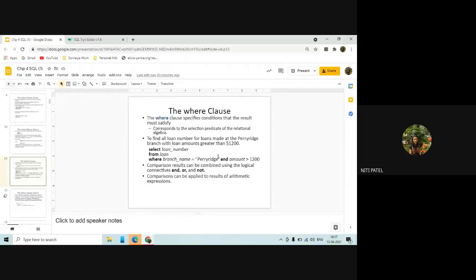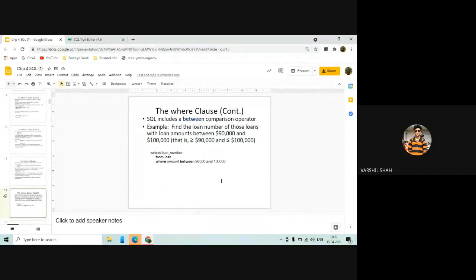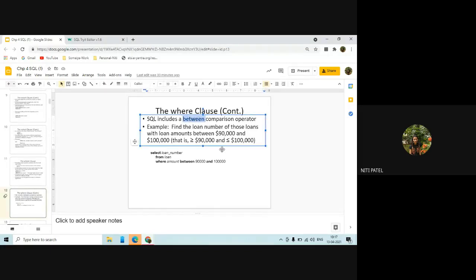So is this understood, how to combine the two records? Yes, ma'am. Now let us see another operator called between. How we can use the between comparison operator. This can be used when I have some integer value in my table. I have an integer column called amount in my loan table.